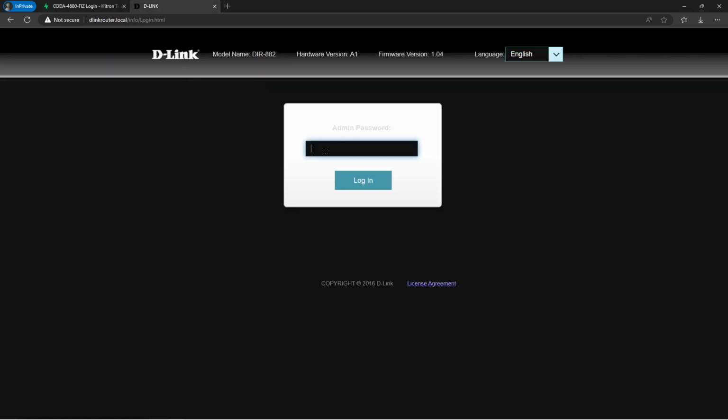Now for the router, again, use this address for the D-Link routers. If you look on the internet, many people will say use the address 192.168.0.1 for a D-Link.